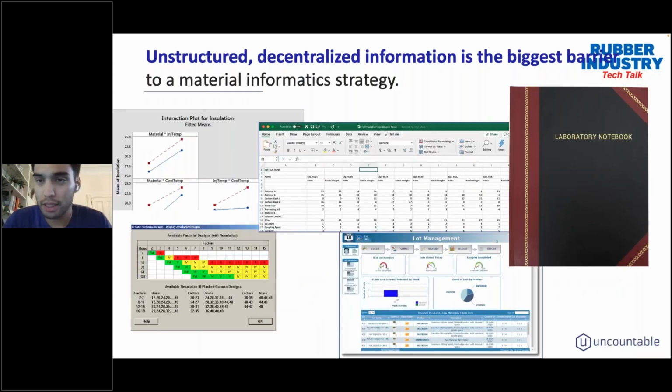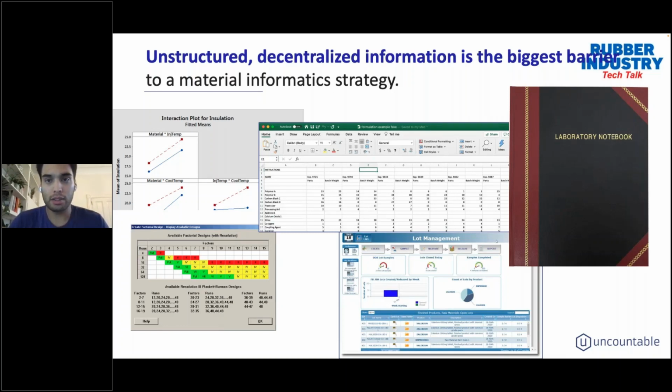So I name dropped a few of these systems just to reiterate what we commonly see across teams: spreadsheets being the number one thing used across all different teams, using DOEs, using LIMS systems, using lab notebooks, like I said, traditional electronic lab notebooks or the physical lab notebook. The status amongst ways of teams collecting data today has not really changed over the last few decades.